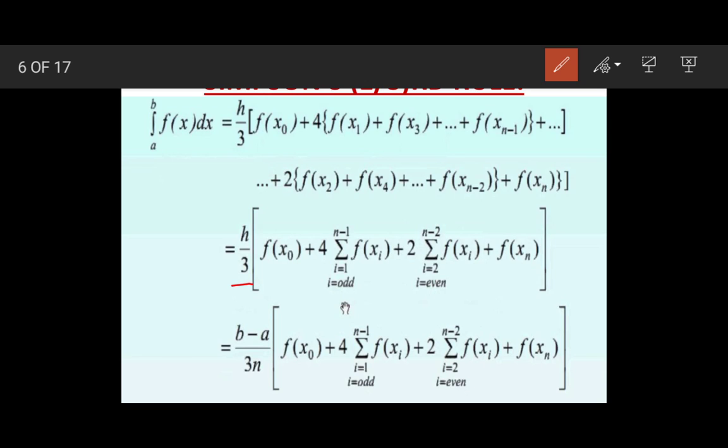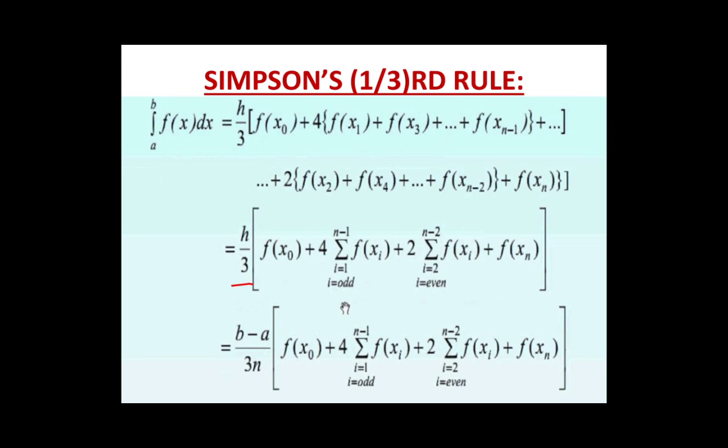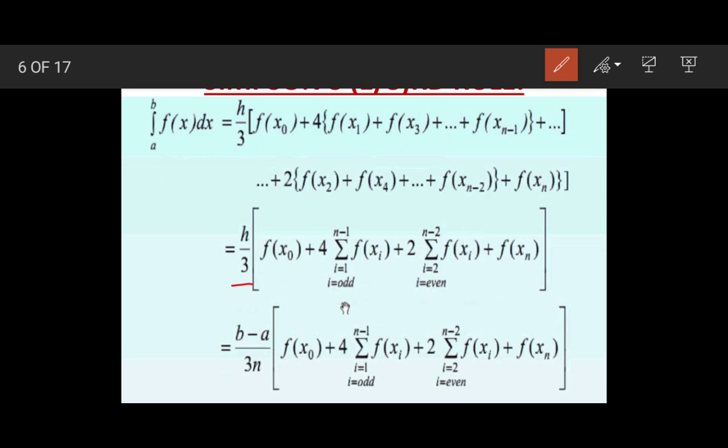Okay, we are seeing the formula for Simpson's one-third rule, and hence we divide this h by 3. So it is h upon 3, then first value plus last value plus 4 into sum of all odd numbers. Sum of odd numbers means y1 plus y3 plus y5 and so on, all odd numbers. Then plus 2 into sum of even numbers, like y2 plus y4 plus y6 and so on.